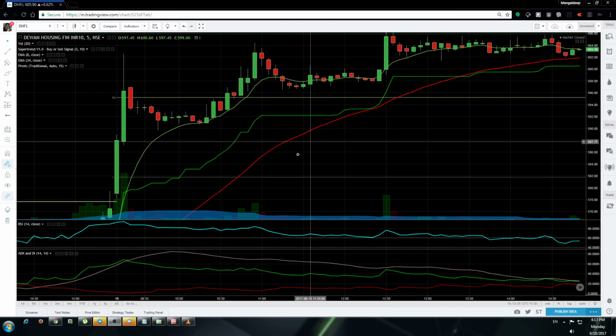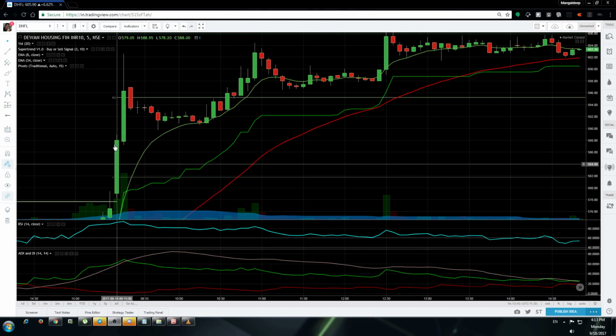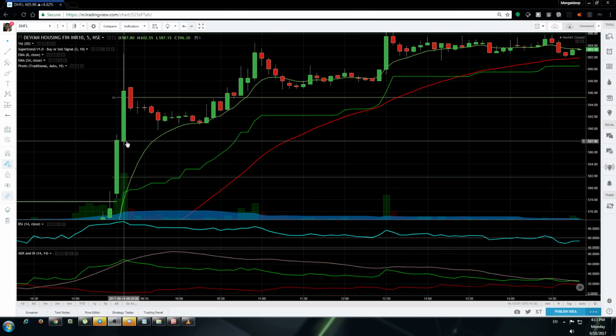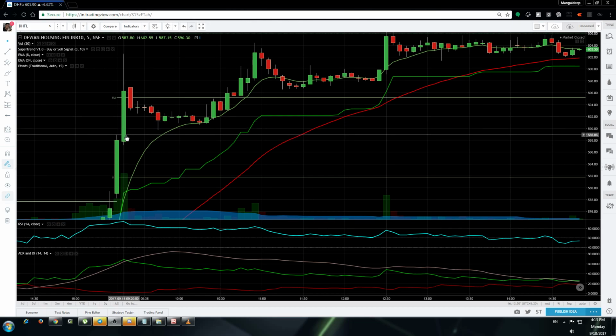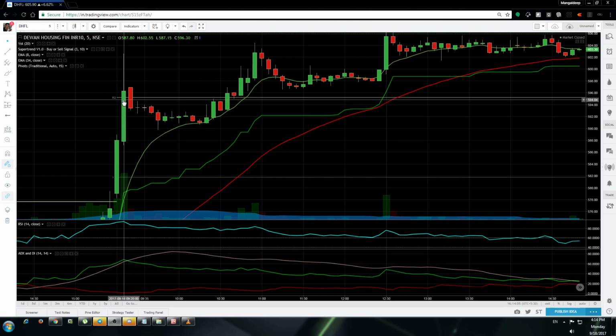All right, so moving on, let me just go ahead and let you know why I took the trades, and then we will move on to the live video that was recorded. The day started with a big green candle here. I actually waited for this candle to close so that I can be sure that the next candle also might go up. So seeing this solid candle, I made an entry at around 591.70 somewhere here. My target was that I would come out of the trade when it was nearing R2, because it is obviously expected to throw out some resistance at that level. So my exit point was around